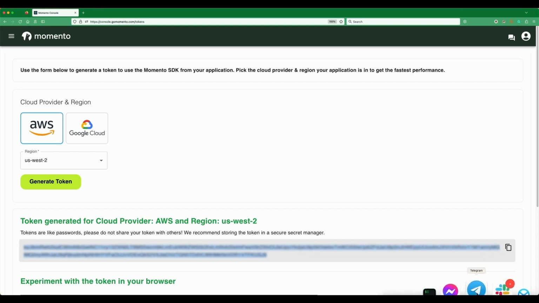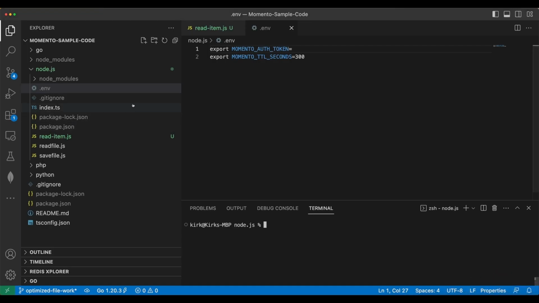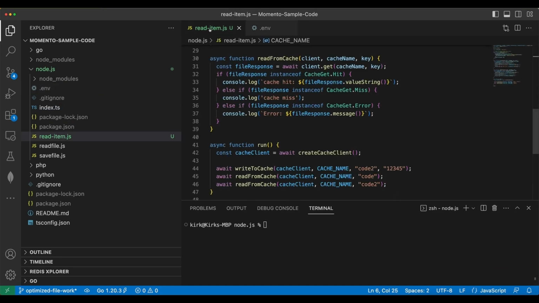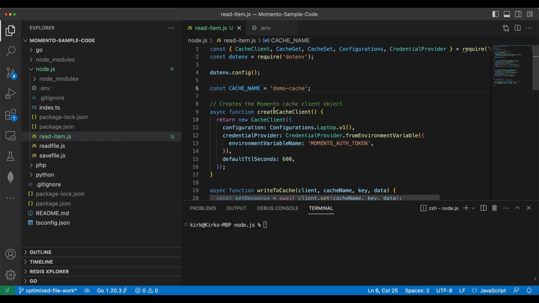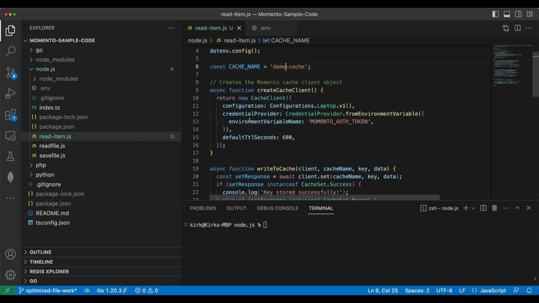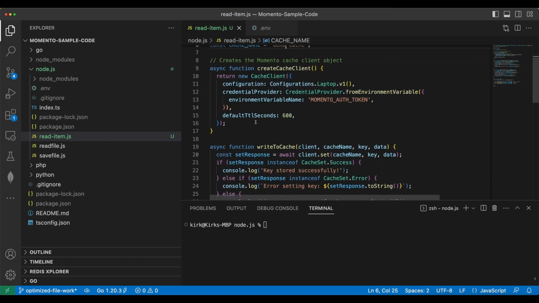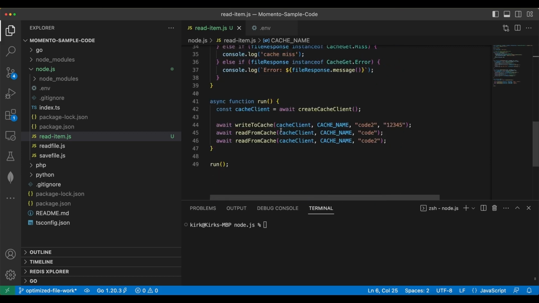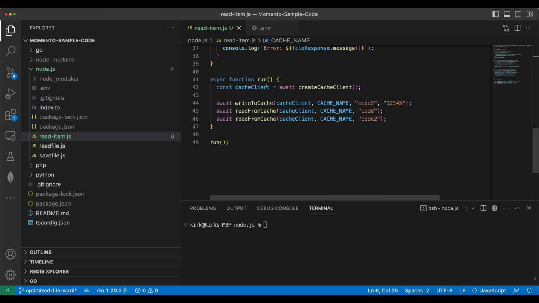And then now I'm going to flip over to VS Code, and here in my environment, I just paste in my auth code, and I flip over to my code that I have here. This is some demo code that we have in the documentation. I already have it set up with the demo cache here. It's going to create the client and get the client connection. Here's the function for writing to the cache, because I'm going to do that as well, and then for reading from the cache. And then I just have a simple run function that I have here,